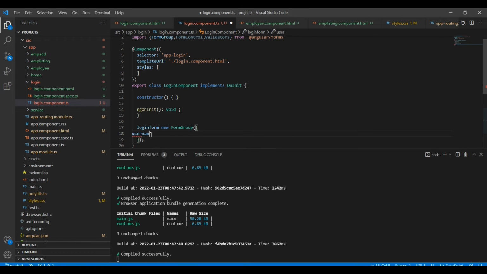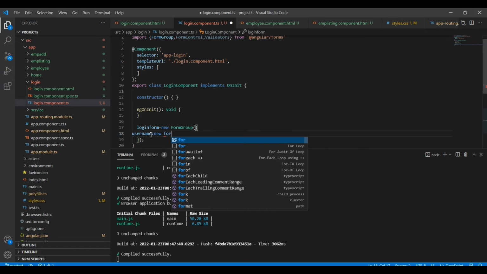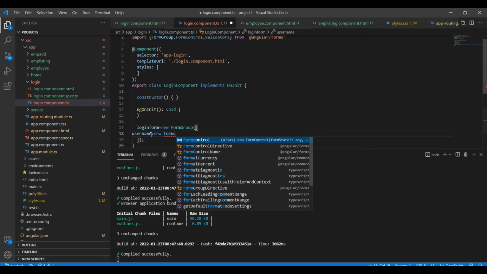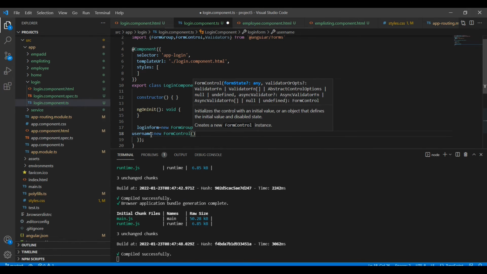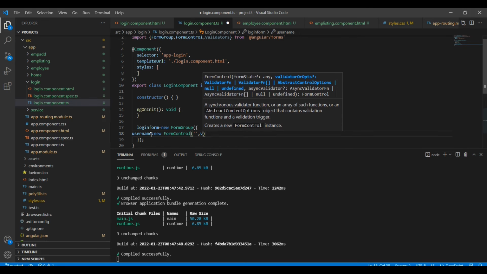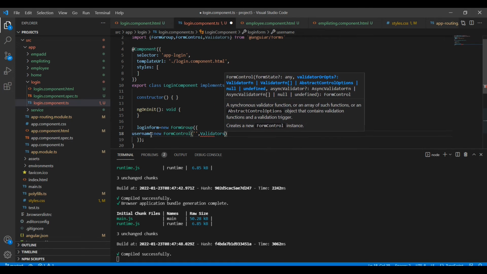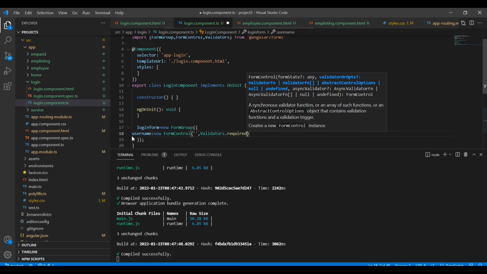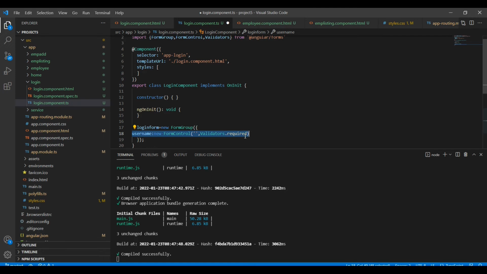One is username, new FormControl. The field is required. Okay, great. The same way we can add for the password also. Okay, we have added our